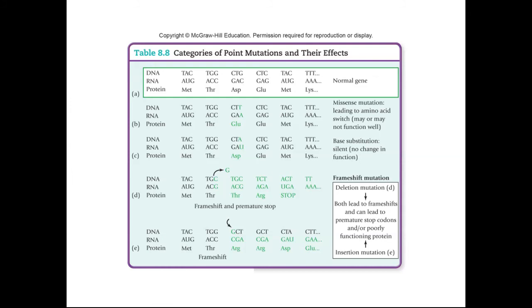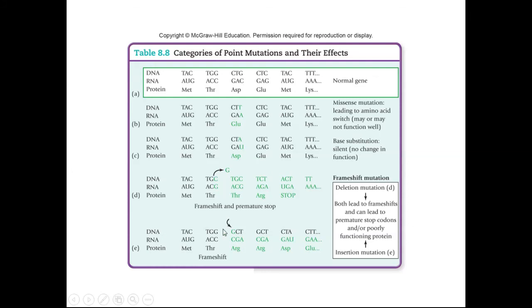This is going to result in a protein that is dramatically different and no longer performs the required function. We could also have a frame shift mutation where we insert an extra nucleotide. So, in the original, we had a TGG, CTG. So there's two G's in a row and then a C. If I insert a third G, so TGG,